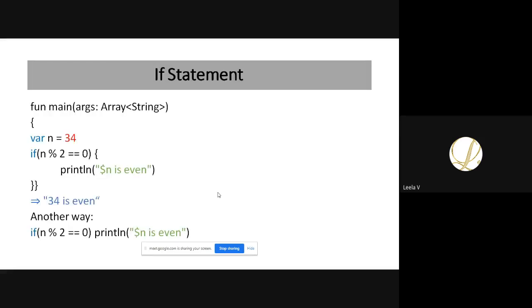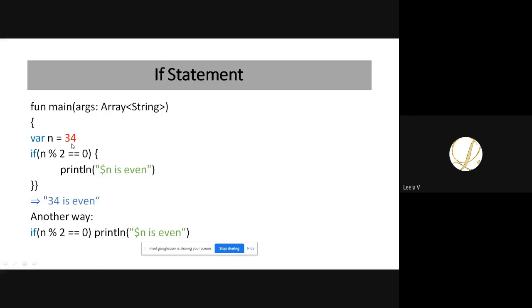Now I introduce the if statement. This if statement is similar to Java and other programming languages. It allows you to specify a block of code that is executed only when the condition is true. The syntax of the if statement is the same as in other languages.